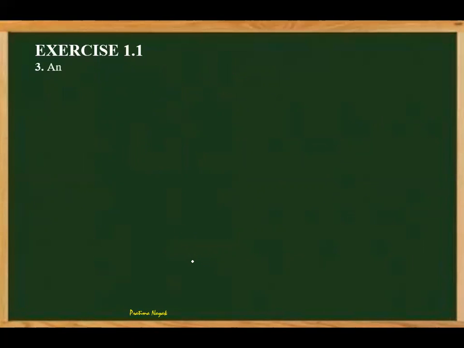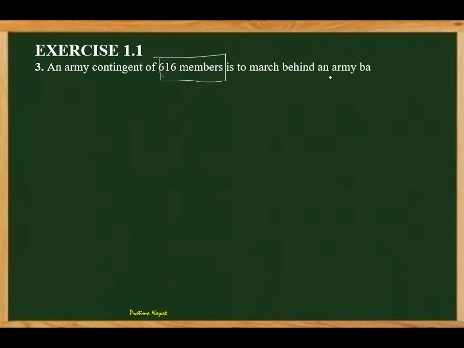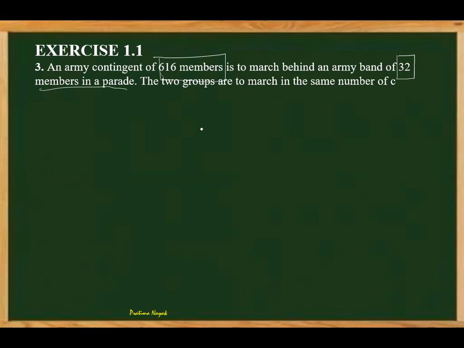Question number 3. An army contingent of 616 members is to be marched behind an army band of 32 members in a parade. The two groups are to march in the same number of columns. What is the maximum number of columns in which they can march? That means